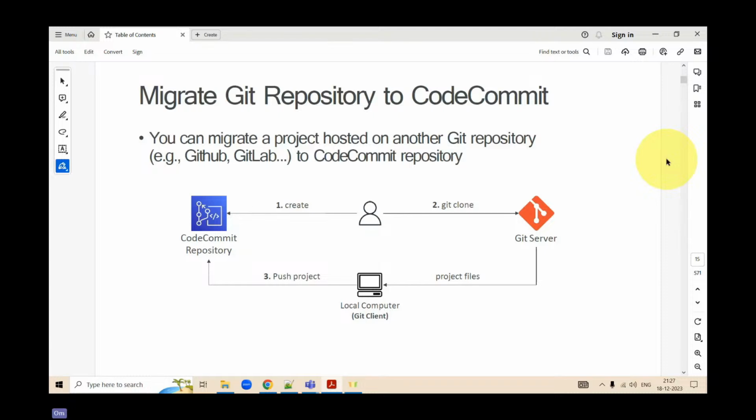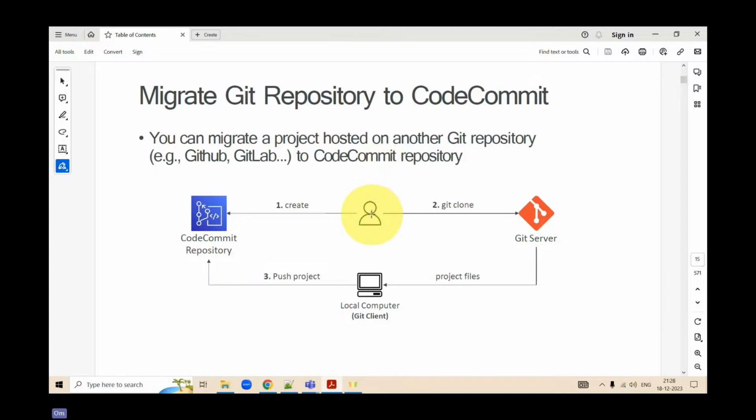Next is migrating Git repositories to CodeCommit. If you have your traditional Git servers or Git repositories, or any code that you're working on locally, and you want to move that code into CodeCommit, how do you do that? You can migrate a project hosted on another Git repository, including GitHub and GitLab, to a CodeCommit repository as well.